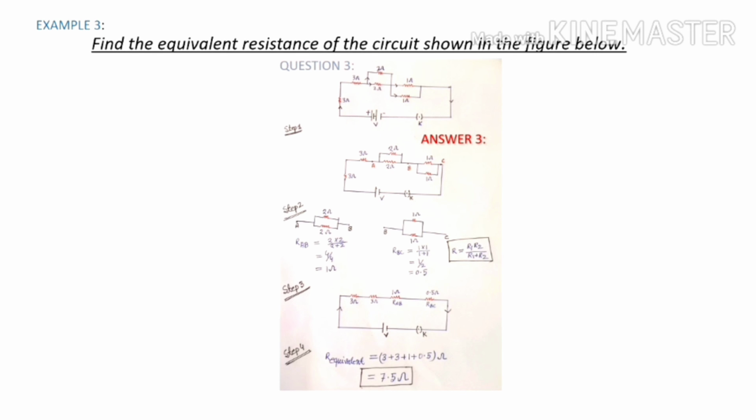Also find the equivalent resistance of the circuit shown in the figure below. This is the question, and I just trace it and define each junction alphabetically. After that, you see that A and B stay in parallel, B and C also parallel. After calculating equivalent resistance, I replace it with this equivalent resistance. You see that all the resistances stay in series because there is no change in current. The equivalent resistance Rs equals R1 plus R2 plus R3 plus R4. Here are the 4 resistances, so you get the result 7.5 ohm.